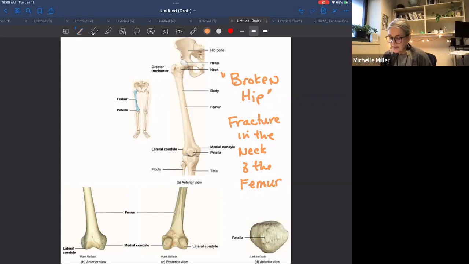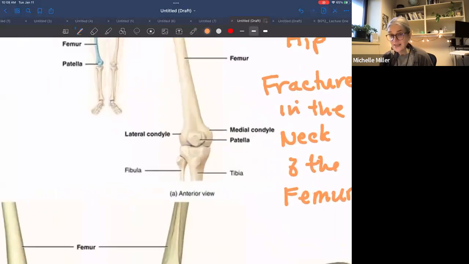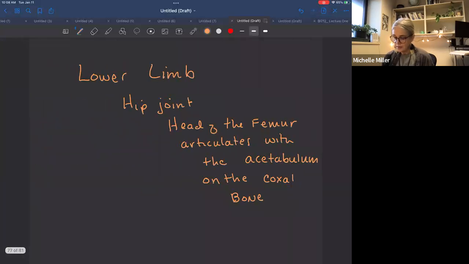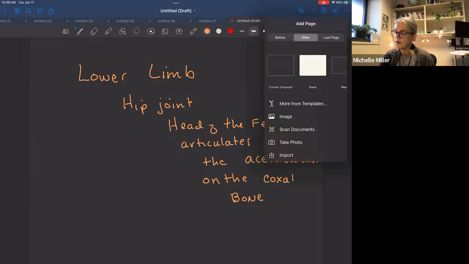So the other structures here include the knee joint. And so we have this connection with the femur distally to the tibia. So remember, distal is further away, proximal is closer in. So distally, it connects to the tibia. You'll notice here that the fibula is not connected to, or does not have a joint with the femur. So the femur articulates with the patella, which is a special bone that protects the front of the kneecap, and then the tibia, which is part of the lower leg. So let's look at those. Okay, so the femur